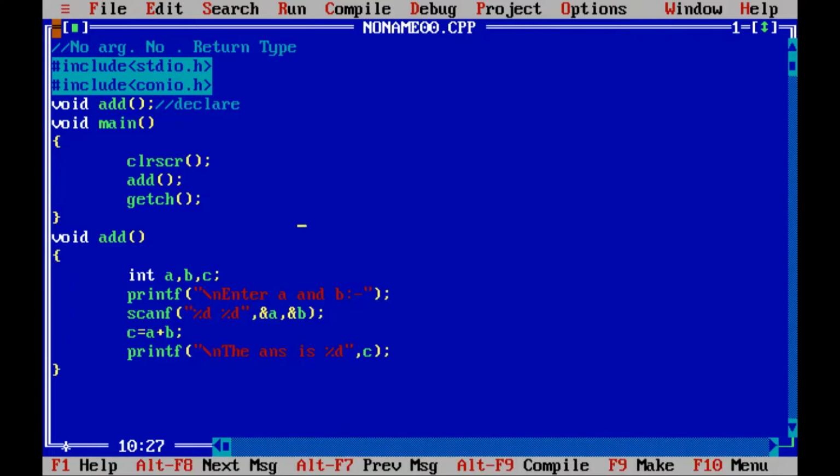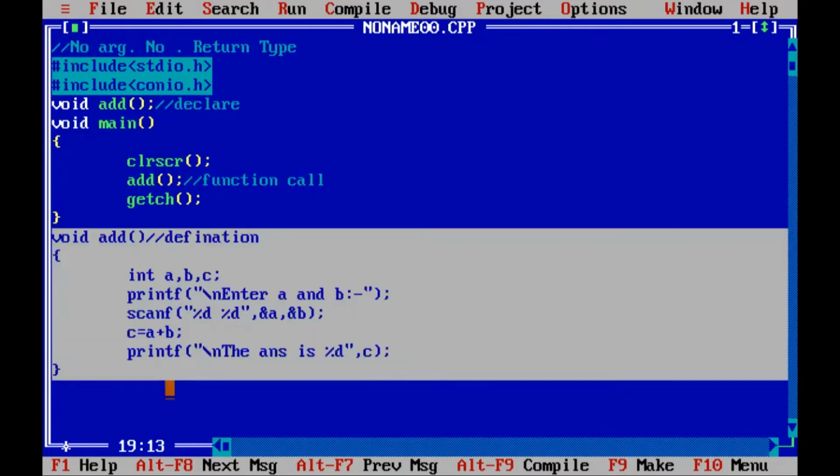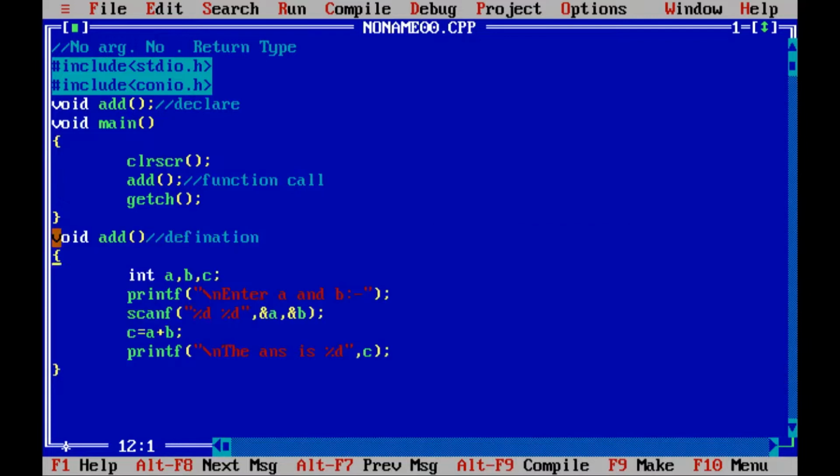This is the definition part, and this is called the function call, and this is the function declaration part. You also write the same things before the main method. If you define this function before the main method, then you do not write anything after the main method. For example, I am just commenting it out,